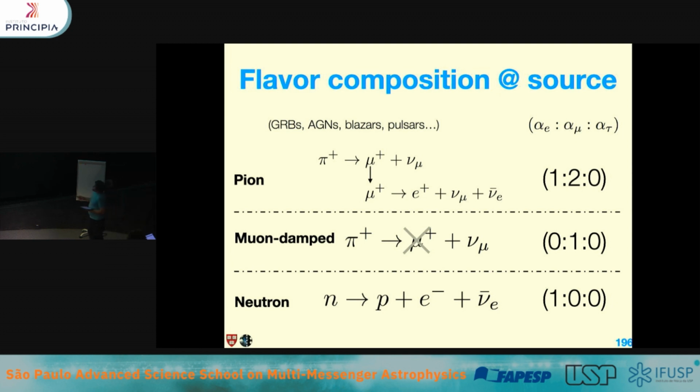If the pion decays in a region of high magnetic fields, that muon will synchrotron radiate before it decays, so it will lose energy before it actually decays into high energy neutrinos. In that case, this muon decay will happen at lower energies, no longer contributing to high energy neutrino emission, and you end up with only muon neutrinos. And so we're going to label that as a 0, 1, 0 source. You can also have production of neutrons, and if you have neutron decay, you produce only electron neutrinos. And so we label this as a 1, 0, 0 source. In a realistic source environment, we expect mostly a combination of these two processes, mostly dominated by this process here. But these are prototypical, simplified cases.